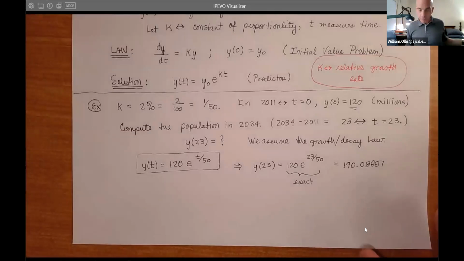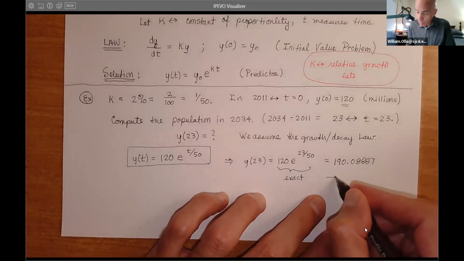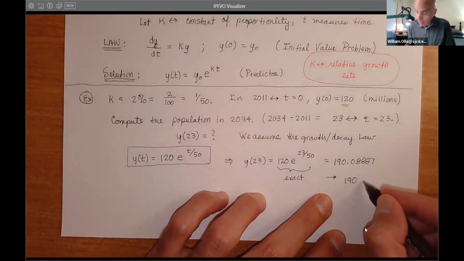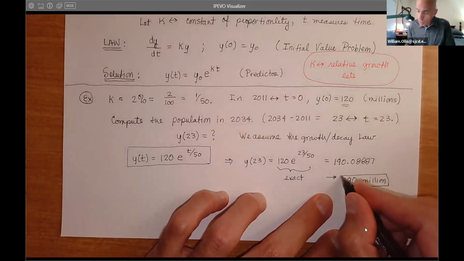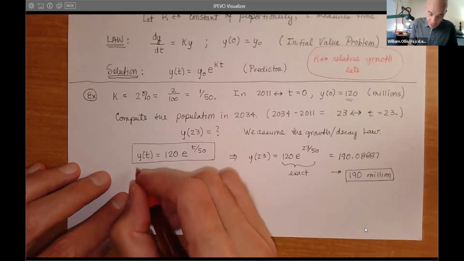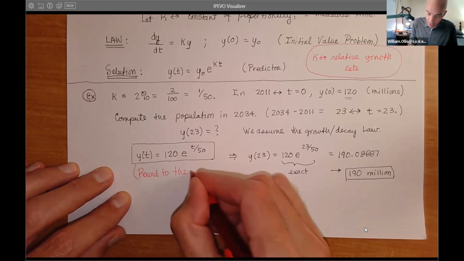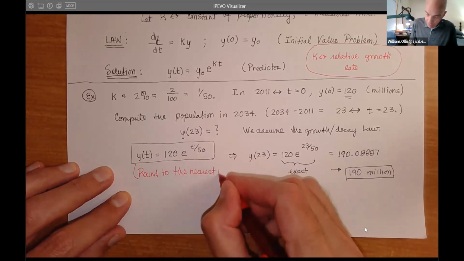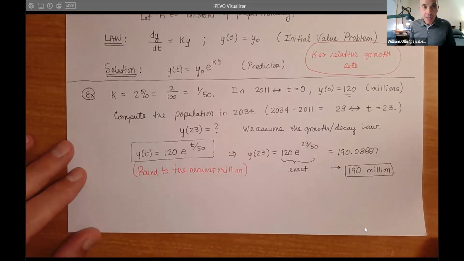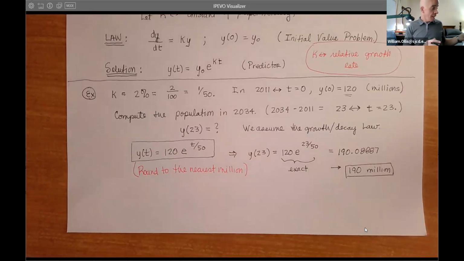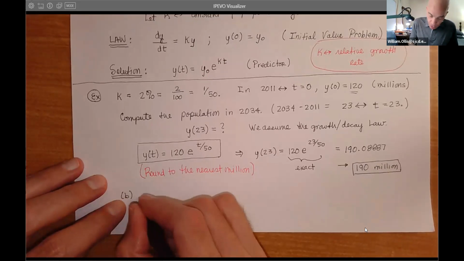So here, to the nearest million, this will be 190 million. So this will imply 190 million. So that's how you would type your answer. So again, the formatting is important. I'll write this in here, round to the nearest million. And since the output gives us millions, that's easy to do. We just get 190. Now, for the second part of the problem, for B, it says, suppose